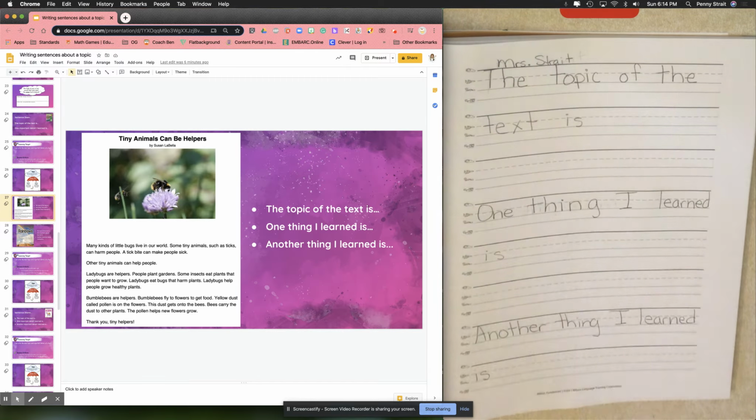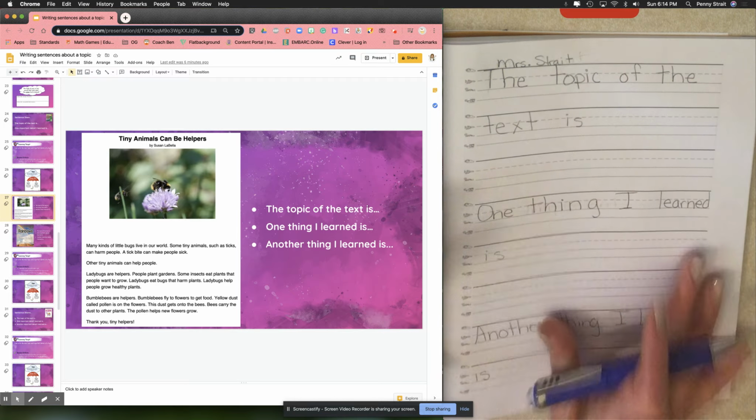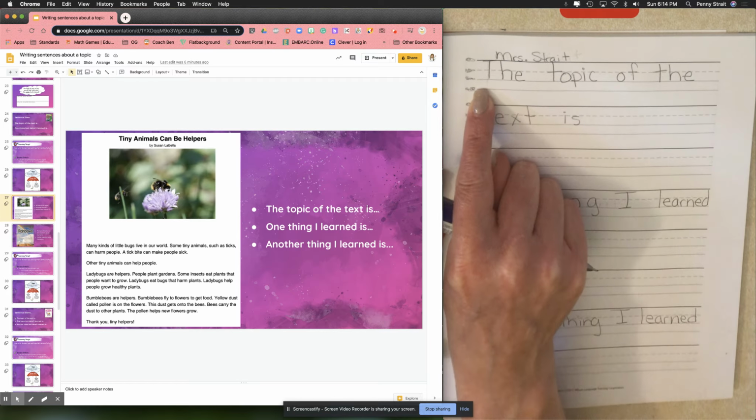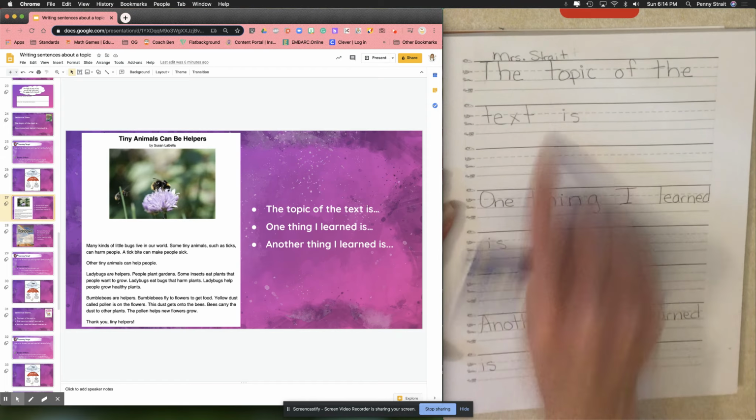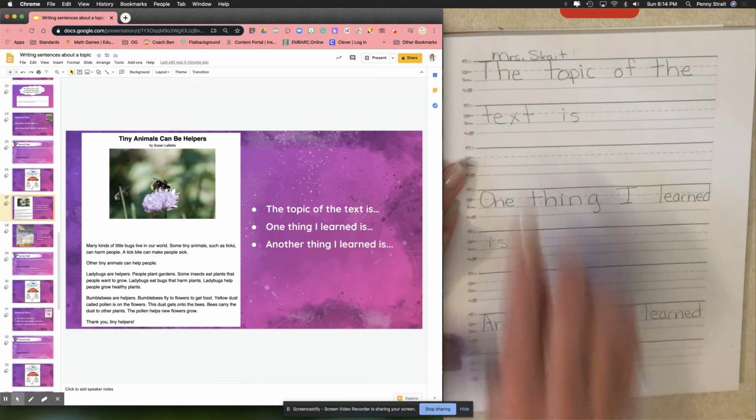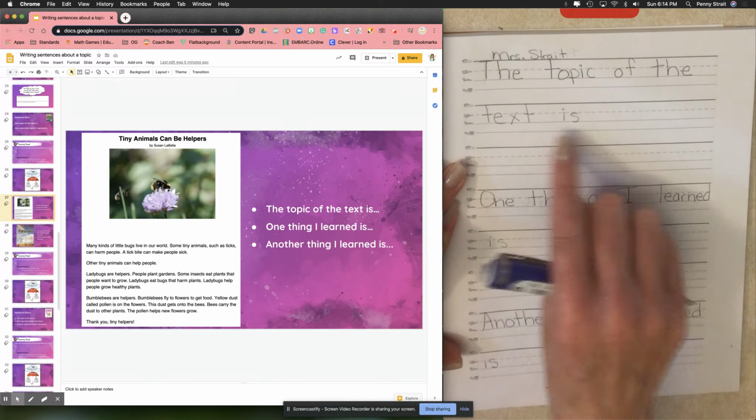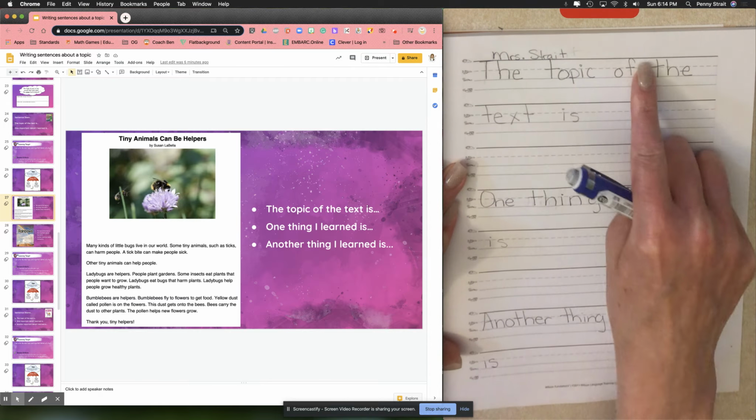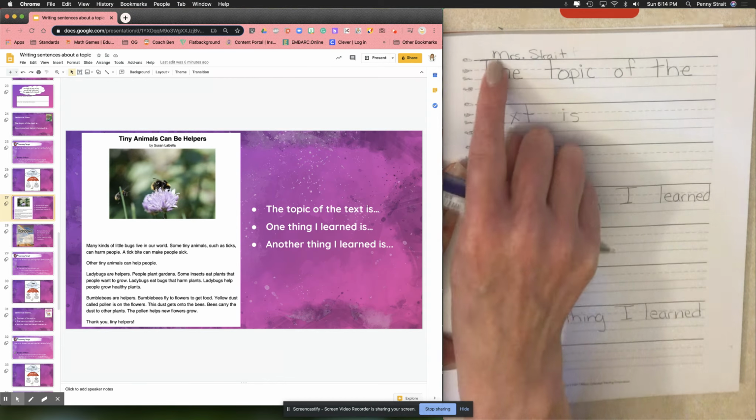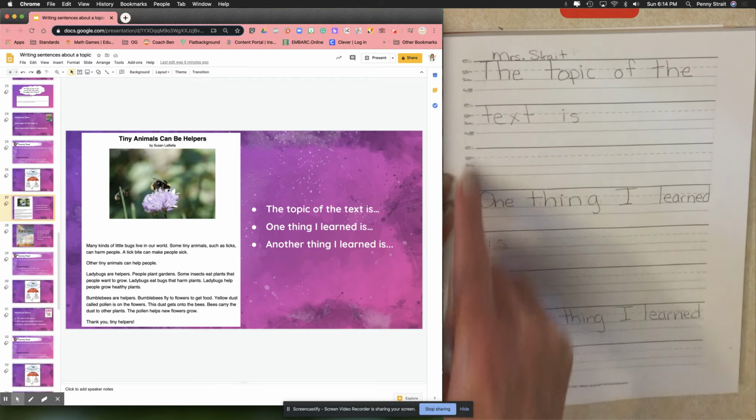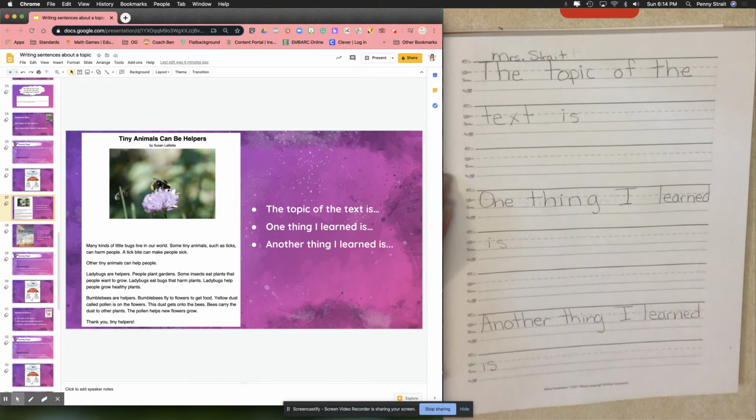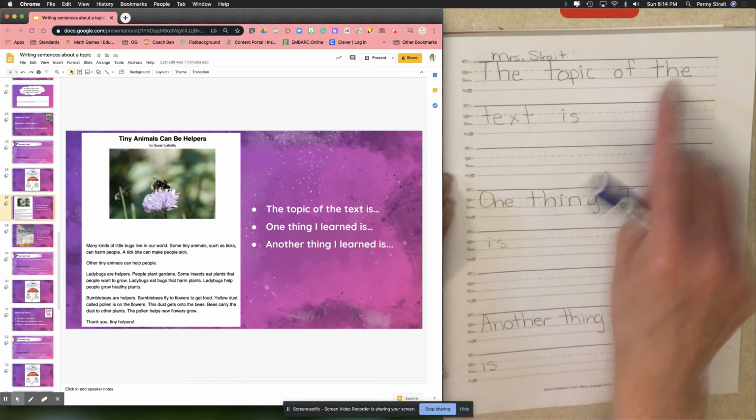So I have my sentence stem. The topic of the text is. And you're going to write this sentence stem on your paper. I did that so we didn't waste time. The topic of the text is, notice I have finger spaces and I'm using my whole line and I'm starting way over on the edge. The topic of the text is